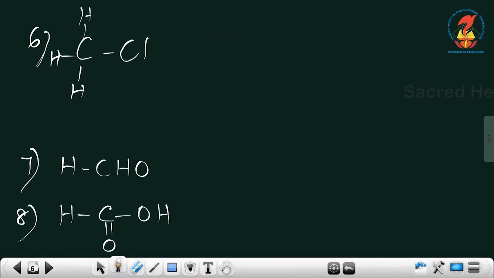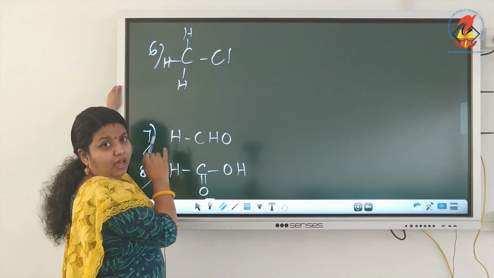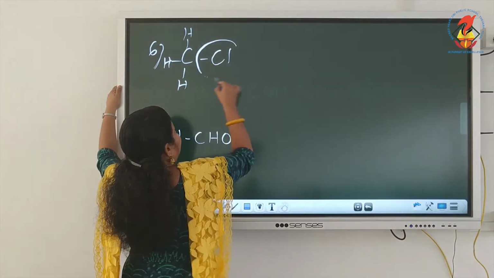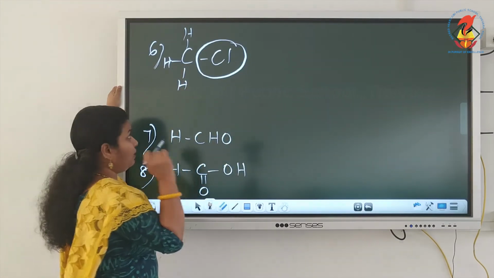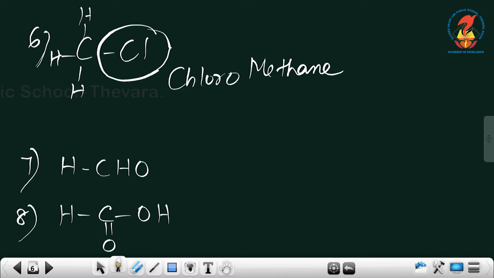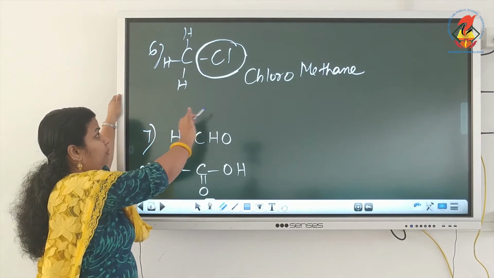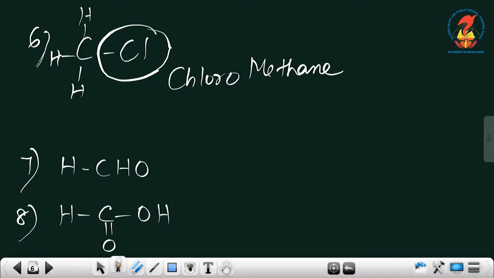Now, next one. This is an easy compound. There is only one carbon atom. Please don't take the C of chlorine as a carbon. Cl together is a functional group, chlorine. There is only one carbon, so we write it as methane. Only one functional group, that is chloro, which is to be added as a prefix. Chloro and bromo come as prefixes. So chloromethane.